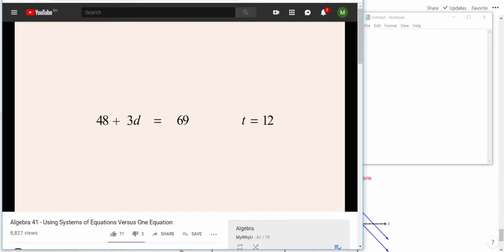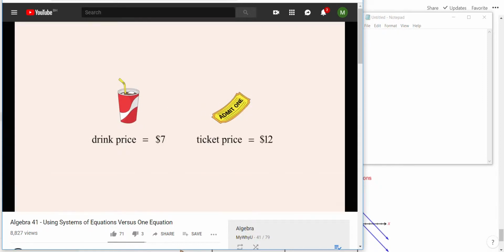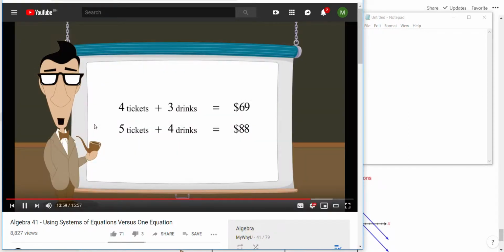Subtracting 48 from both sides eliminates this term on the left. And completing the arithmetic, we get 3d equals 21, or d equals 7. Since d represents the price of a drink, and tickets cost $12 each,